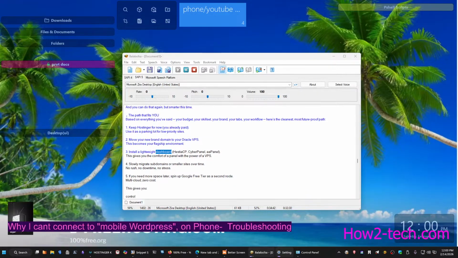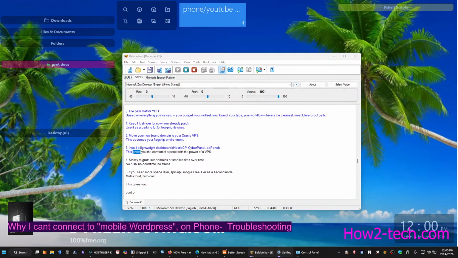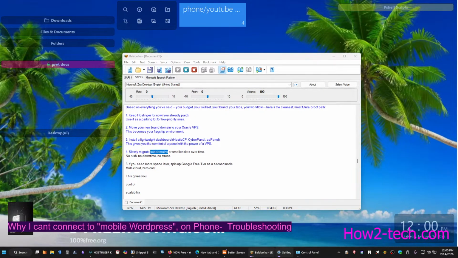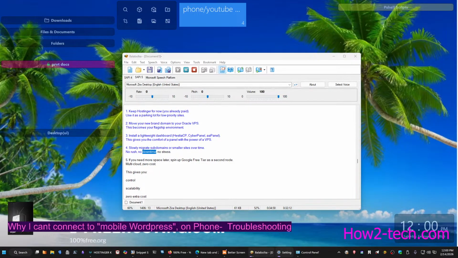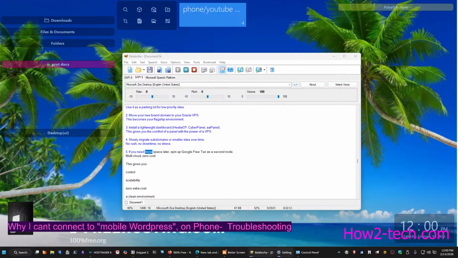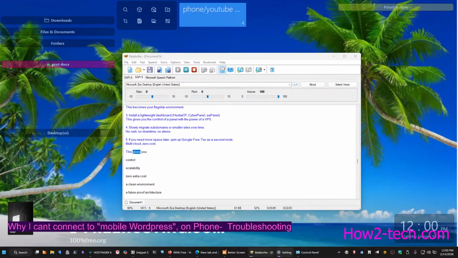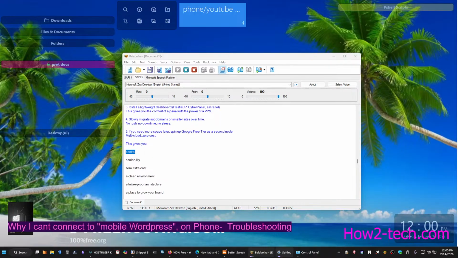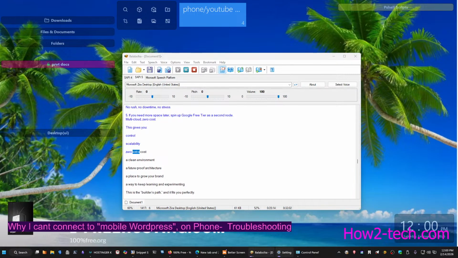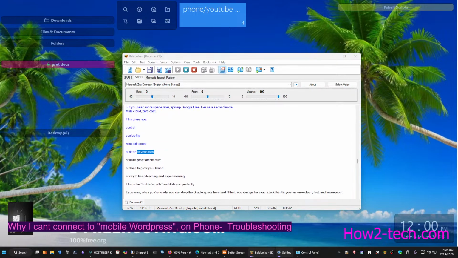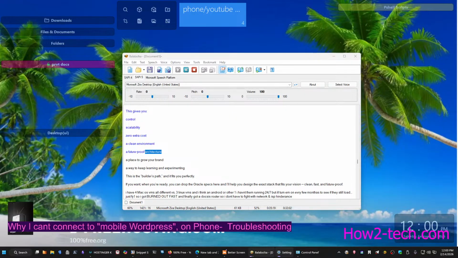3. Install a lightweight dashboard, Hestia CP, CyberPanel, aaPanel. This gives you the comfort of a panel with the power of a VPS. 4. Slowly migrate subdomains or smaller sites over time. No rush, no downtime, no stress. 5. If you need more space later, spin up Google free tier as a second node. Multi-cloud, zero cost. This gives you control, scalability, zero extra cost, a clean environment, a future-proof architecture,